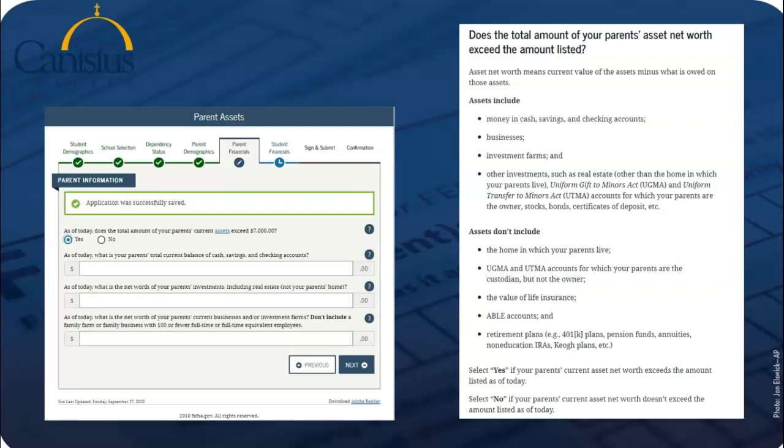In the question here, FAFSA is asking me, as of today, do my parents' current assets exceed $7,000? If I were to say no, the FAFSA will allow me to simply click Next. However, if my parents' current assets do exceed $7,000, then I will want to select Yes and fill in the